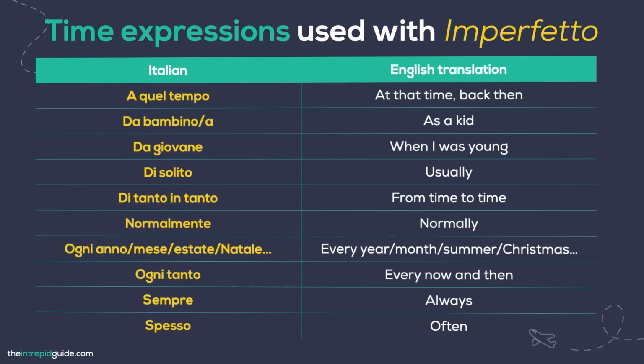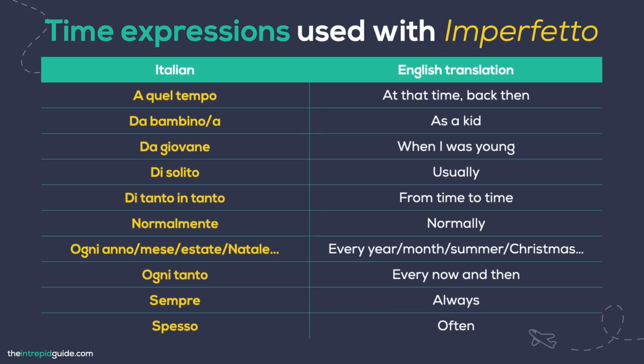Okay, now let's take a look at some time expressions used with the Italian imperfect tense. Now, to give sentences that sense of continuity or habit, Italians often pair the imperfect tense with vague time expressions that don't point to precise moments, but rather express how things used to be. These expressions include A quel tempo, at that time, back then, Da bambino, bambina, as a kid, Da giovane, when I was young, Di solito, usually, Di tanto in tanto, from time to time, Normalmente, normally,